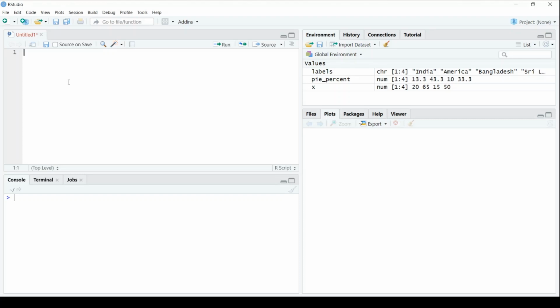R programming has several libraries for creating charts and graphs. A pie chart is a representation of values in the form of slices of a circle. You can also have different colors in it, right? They are labeled with a description in terms of numbers, as in percentage, or different labels. Pie charts are created with the help of the pie function. We'll be seeing that.